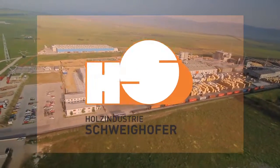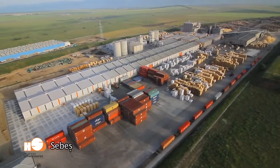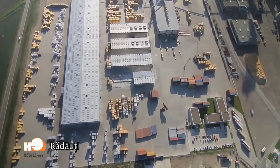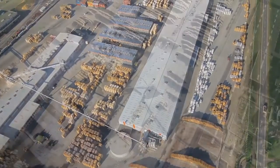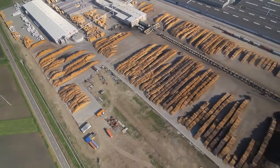Holzindustrie Schweghofer, your partner for perfect timber products. At the sites in the Romanian towns of Sebeș, Radauts, Siret, and Comănești, some 2,000 employees see to it that our clients in more than 60 countries around the globe receive the very timber products they need, quickly, reliably, and